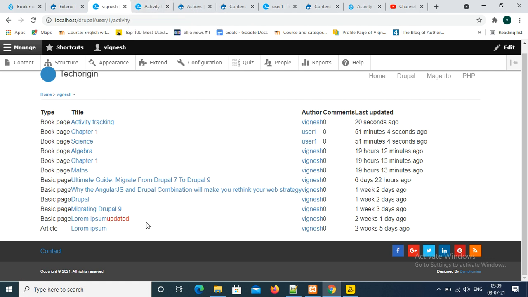And you could see a new mark over here. What does it mean? After editing or modifying the content, if you have not viewed this activity tab, it shows an additional option showing that the content was updated by other users. So that's a walkthrough of this module, and it will be quite useful if you want to show the list of user tracking related to content and some of the other entity related items.